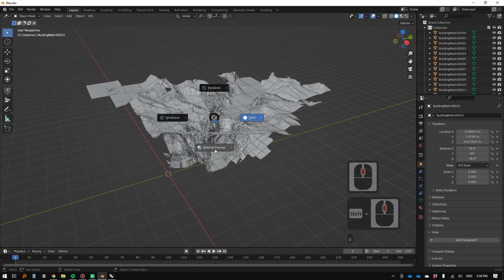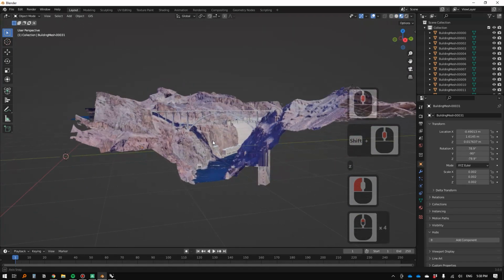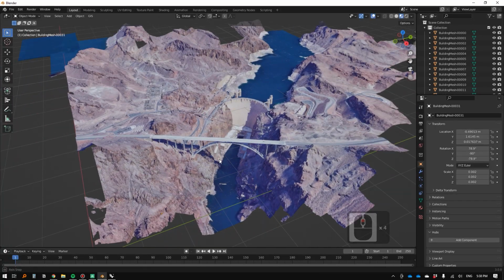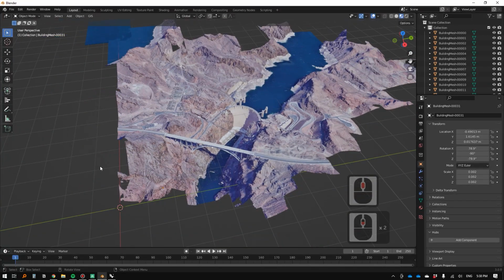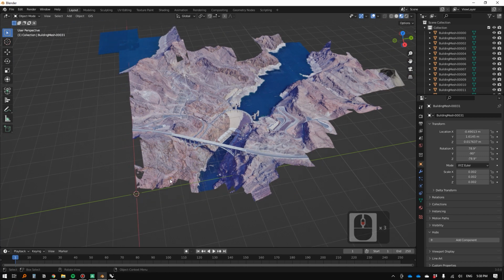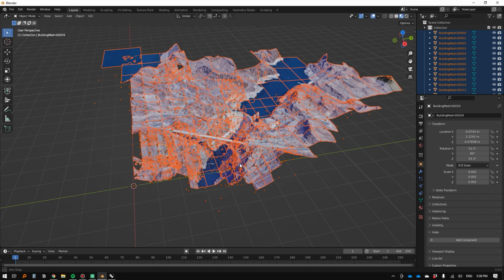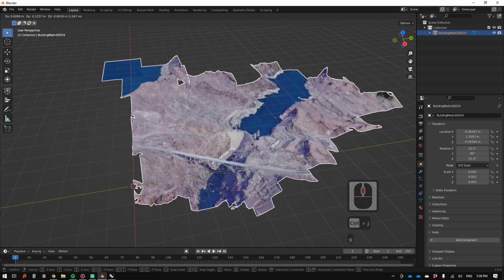But if I press Z and go to Material Preview, we can see that I do in fact have the Hoover Dam now in a 3D modeling program. So that's pretty cool. There's a number of things we could do to clean this up in Blender. I'll save that for another video, but what we will do is we'll just select one face, and then we're going to press A, and that's going to select them all, and you can see it's actually like a tile set. So we're just going to quickly join this, which will help us in Rhino. So I'm going to press Ctrl J, and now it's all one object,